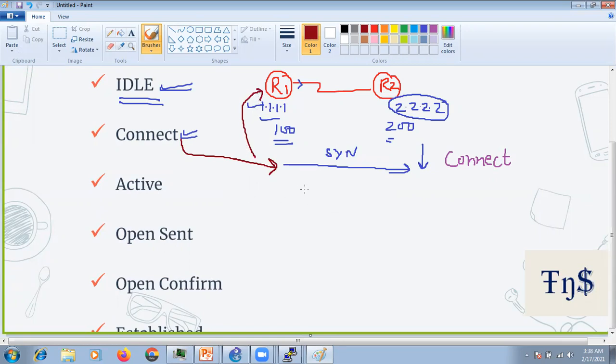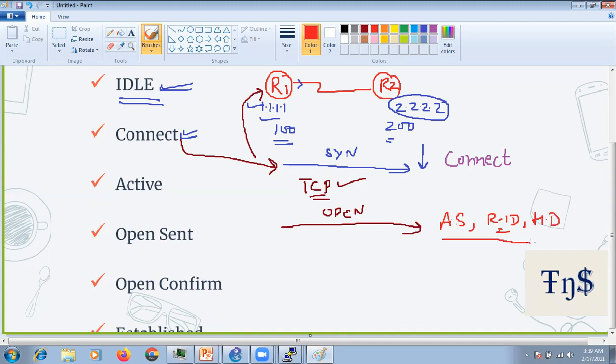Okay, so now let's say the TCP connection is established. Now devices will send the open message. So now let's say R1 sends the open message to R2. So they will exchange a couple of things. Let's say R1 will tell, okay, this is my AS number, this is my router ID, right? My hold down timer is this one.